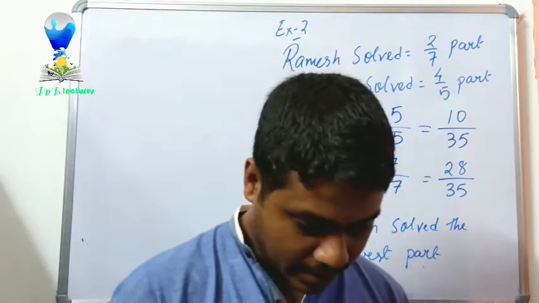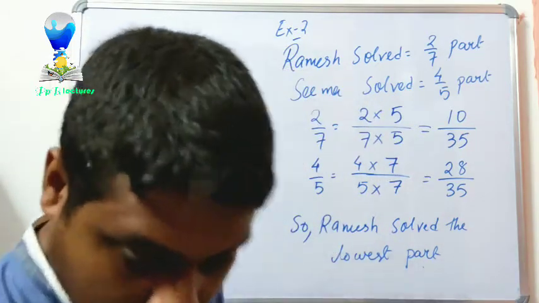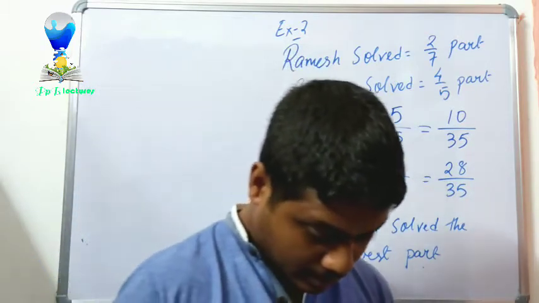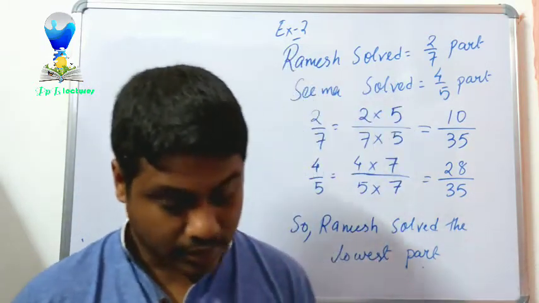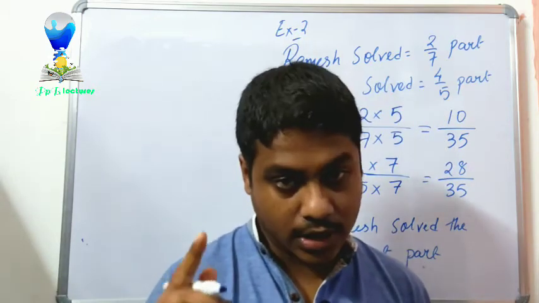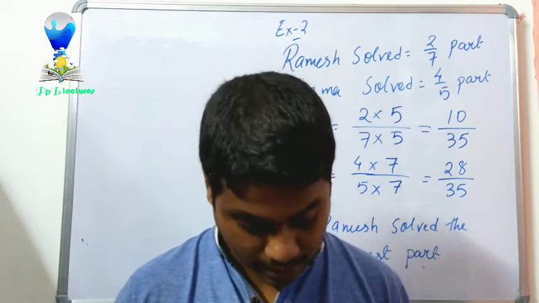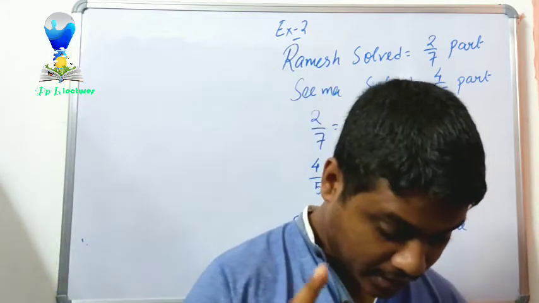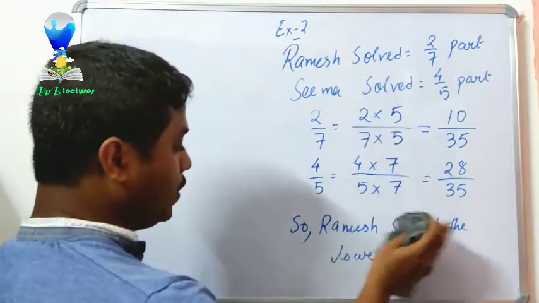Then we go to example number 3. So you can again see on the screen example number 3. Samira purchased 3.5 kg apples and 3/4 kg oranges. What is the total weight of fruits purchased by her? So we need to solve this.